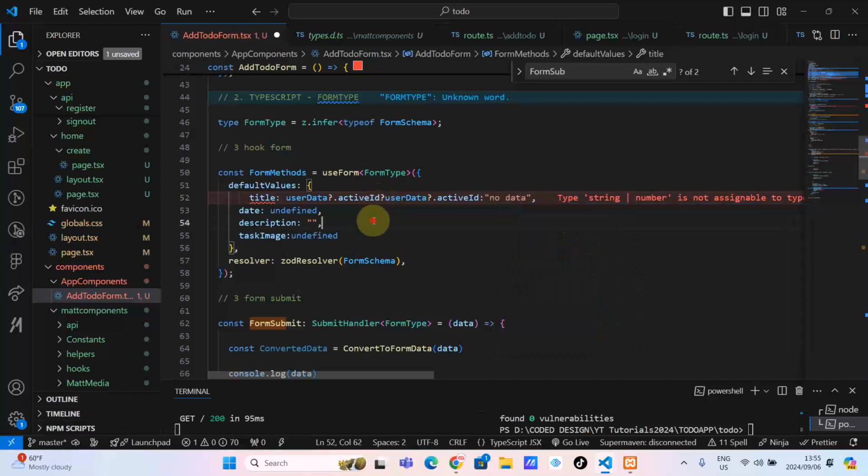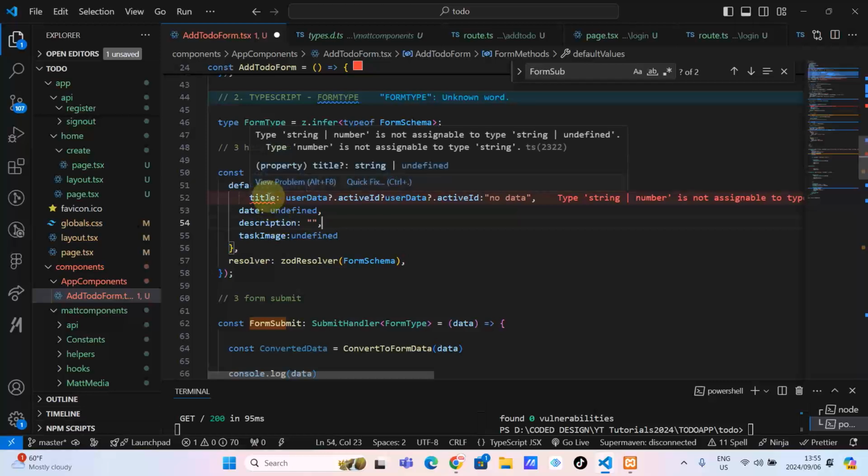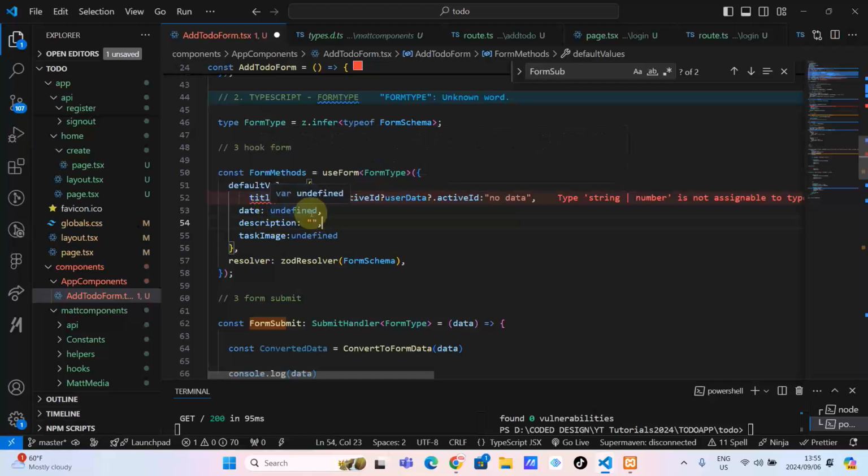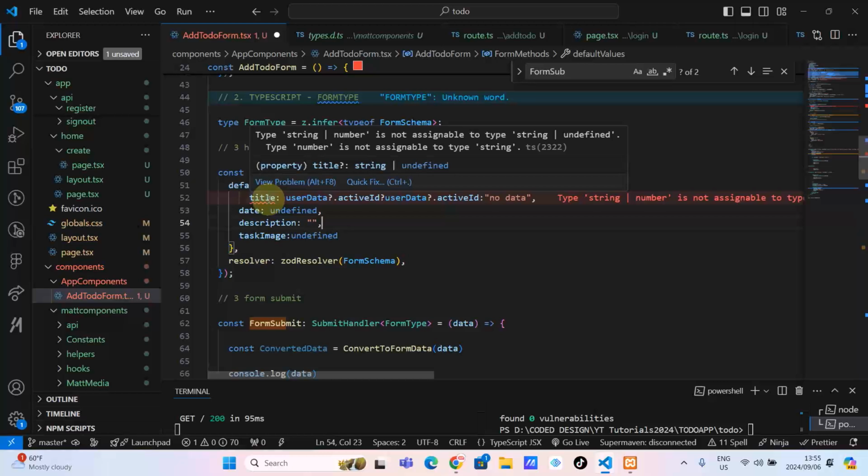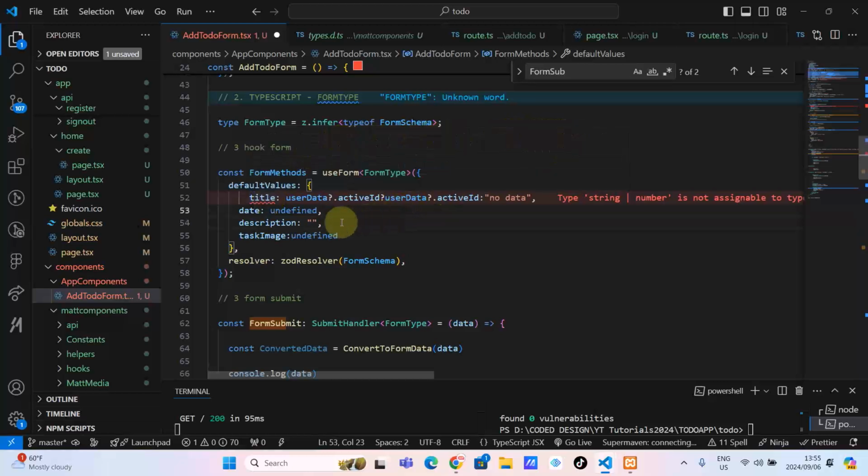Okay, as you can see, guys, what's in say title? Are you still complaining with the undefined? Let's see. String or number is not assignable to a type string or undefined. Okay, I am asking here, if you have this, then do this. If not,